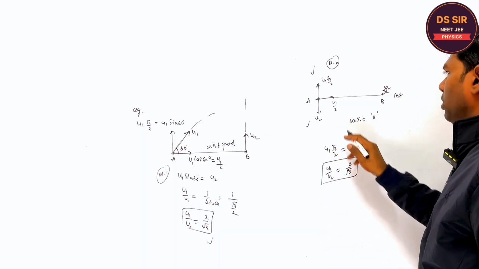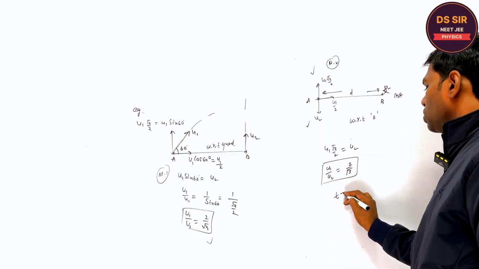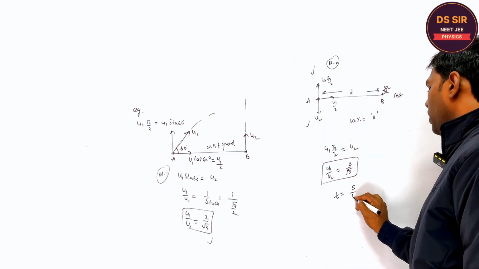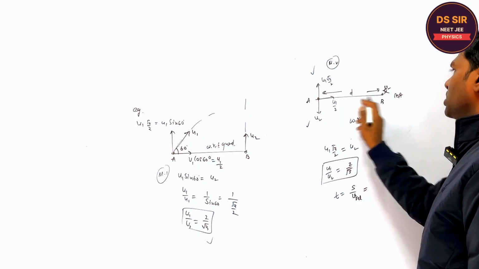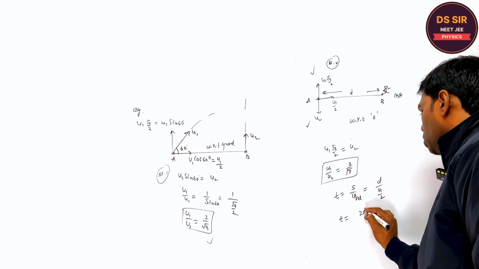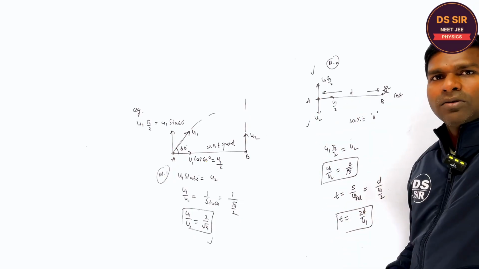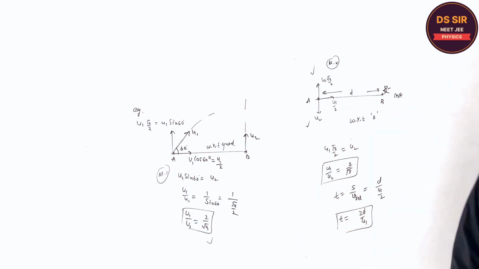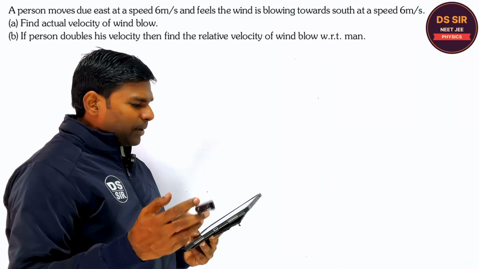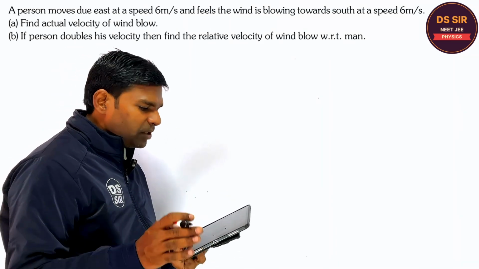Also, if the distance between them is d, what is the time to collide? The distance upon the relative velocity. The distance is d, the relative velocity is u1 by 2. So 2d upon u1 is the time for A to hit B. All right, copy this. This example is a little different, right, in which